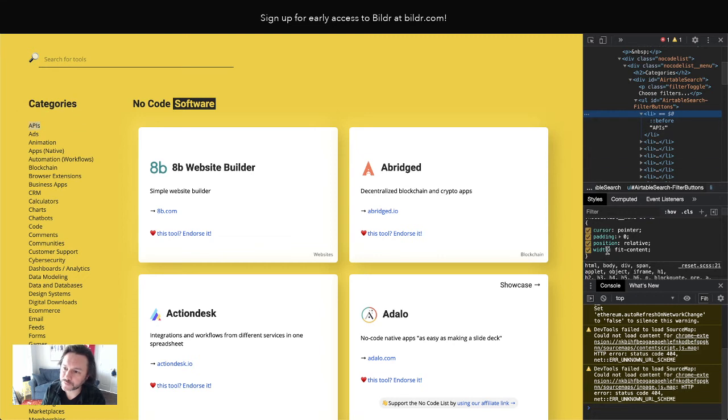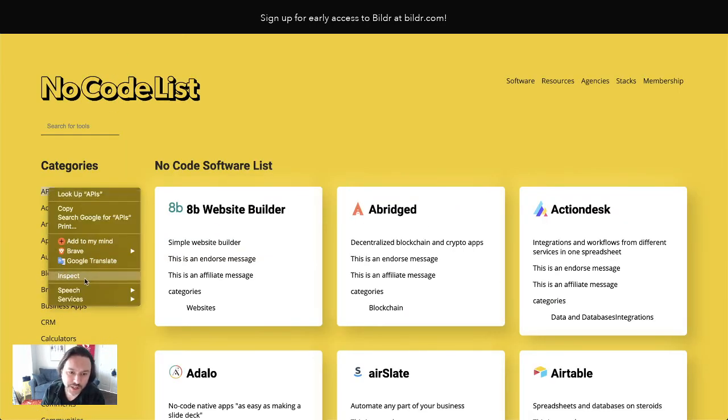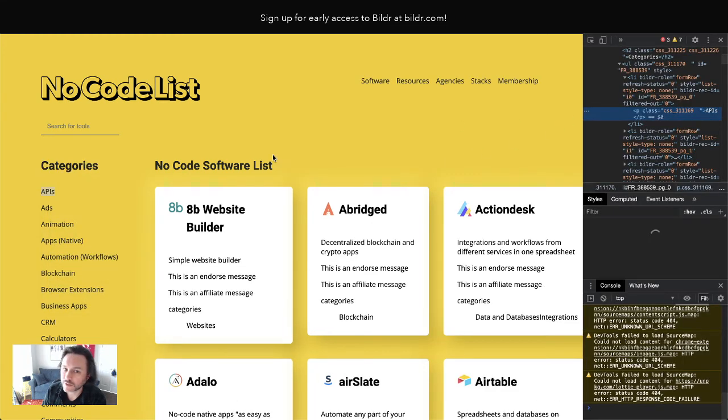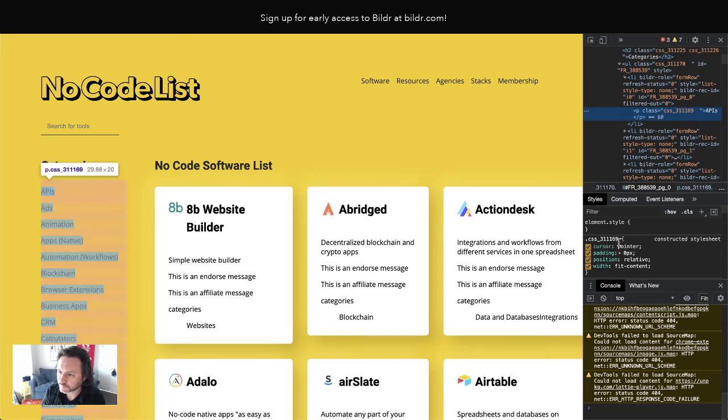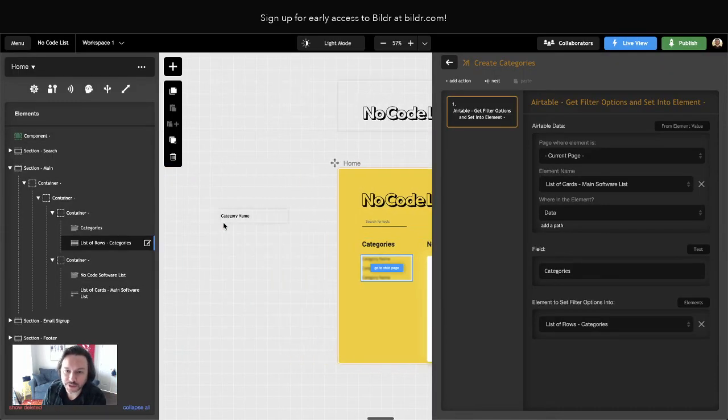In this case, it looks like I'm doing a few things. I'm doing cursor pointer, which is what gives it that hand instead of the text cursor. No padding, position relative, setting the width. And here's margin 0, which is just inheriting from something else. Whereas on this one, I'm pretty sure it's going to have margin at least. I already set that cursor pointer, so I already copied some of the original styles here. The only thing it probably doesn't have is the margin reset, because these are coming in as Ps, I think. So if I check this page here,